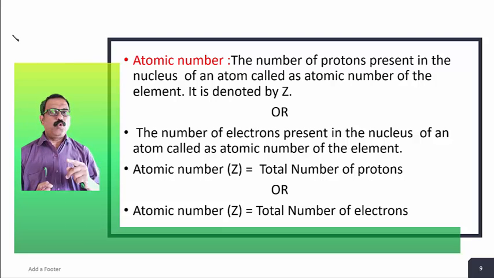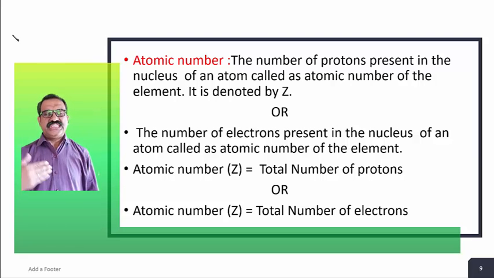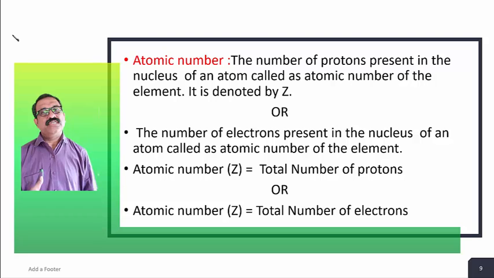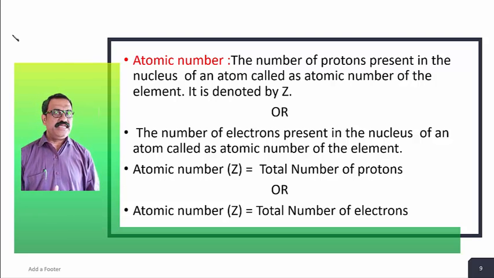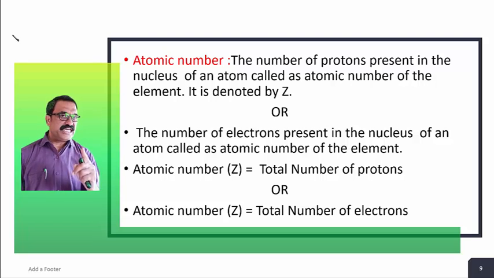Helium, 2 positively charged protons, 2 negatively charged electrons. Nitrogen, 7 positively charged protons, 7 negatively charged electrons. That is, every element contains the same number of protons, that is positive charge, and the same number of electrons, that is negatively